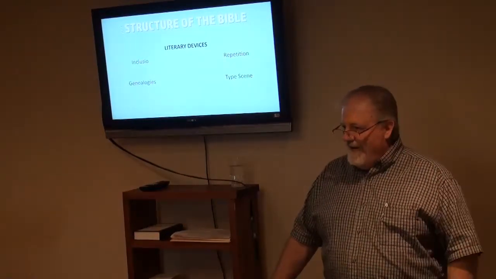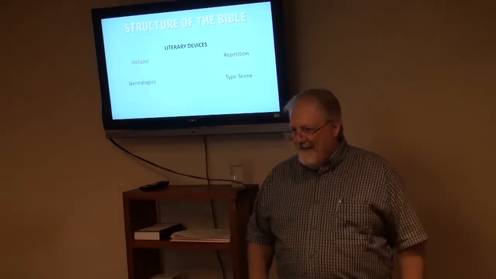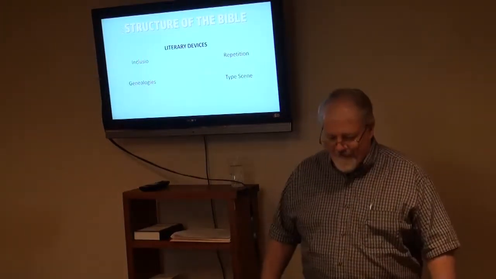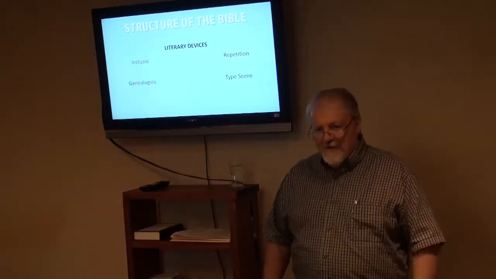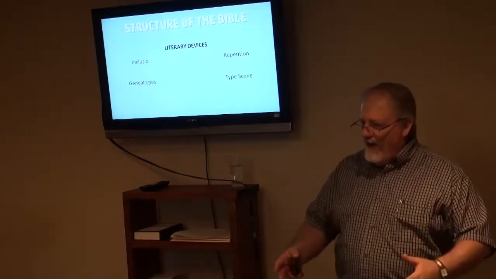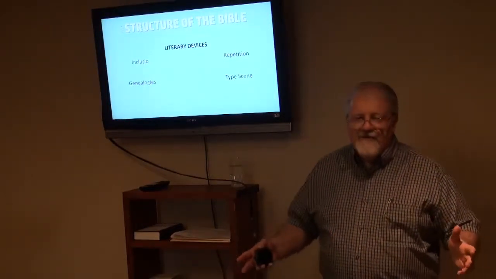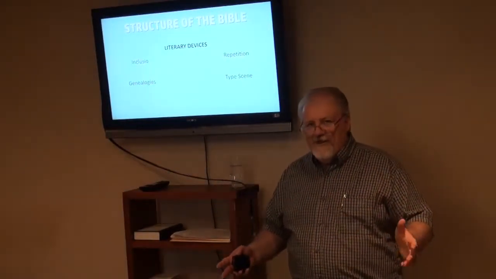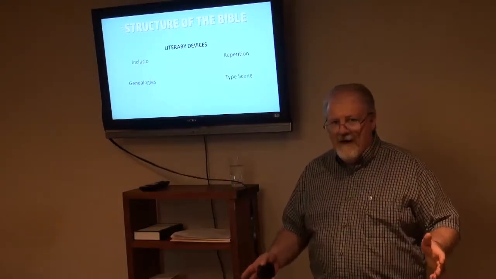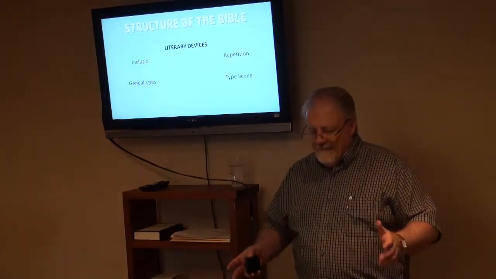Jacob goes to a well, and who does he see? Whoa, there's Leah and Rachel. And of course, they both ended up being his wife. Moses goes to a well, and who does he see? His wife. See, they go to a well and they find a wife. That's a type scene. I wonder what the disciples thought when they saw Jesus at the well talking about marriage to the Samaritan woman. Anyways,